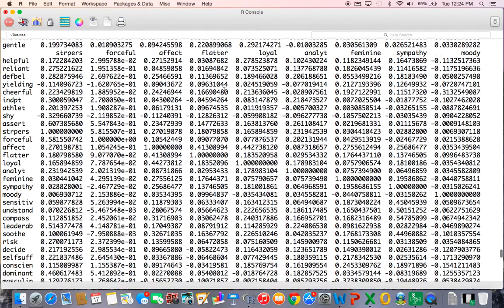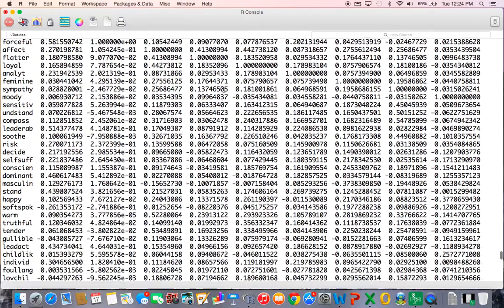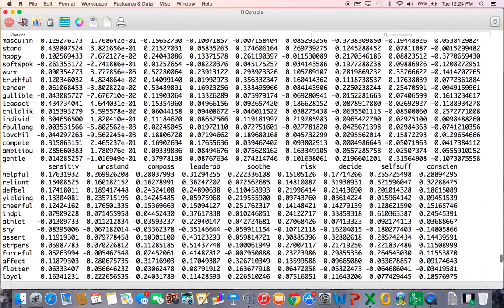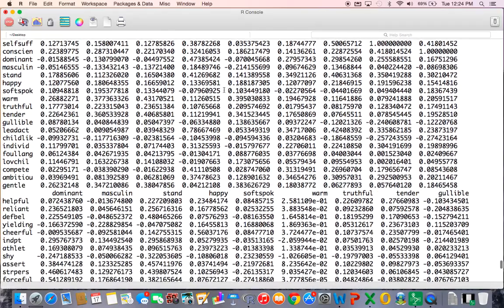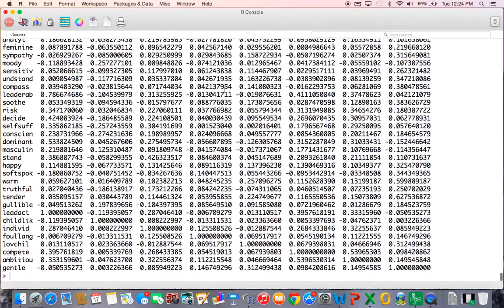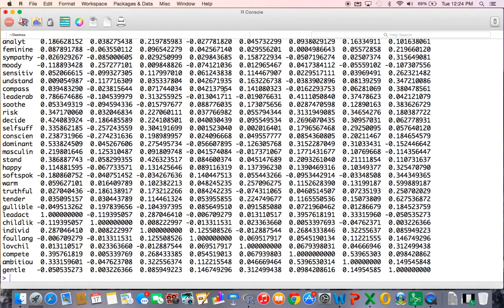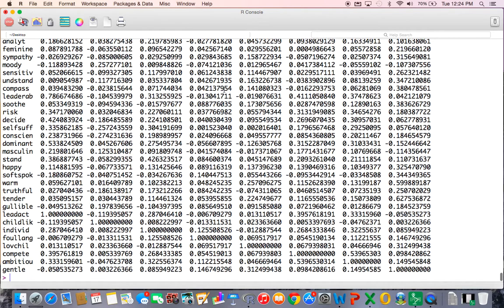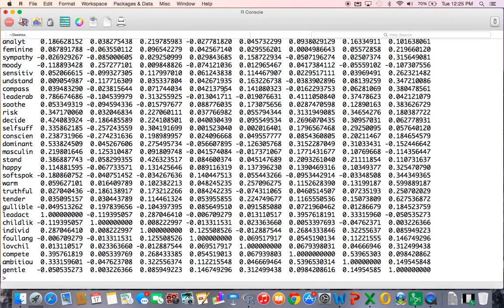You can see that trying to examine these correlations is kind of crazy because there's just so much going on. So this is a situation where Bartlett's test and the determinant of the correlation matrix is really going to pay huge dividends.